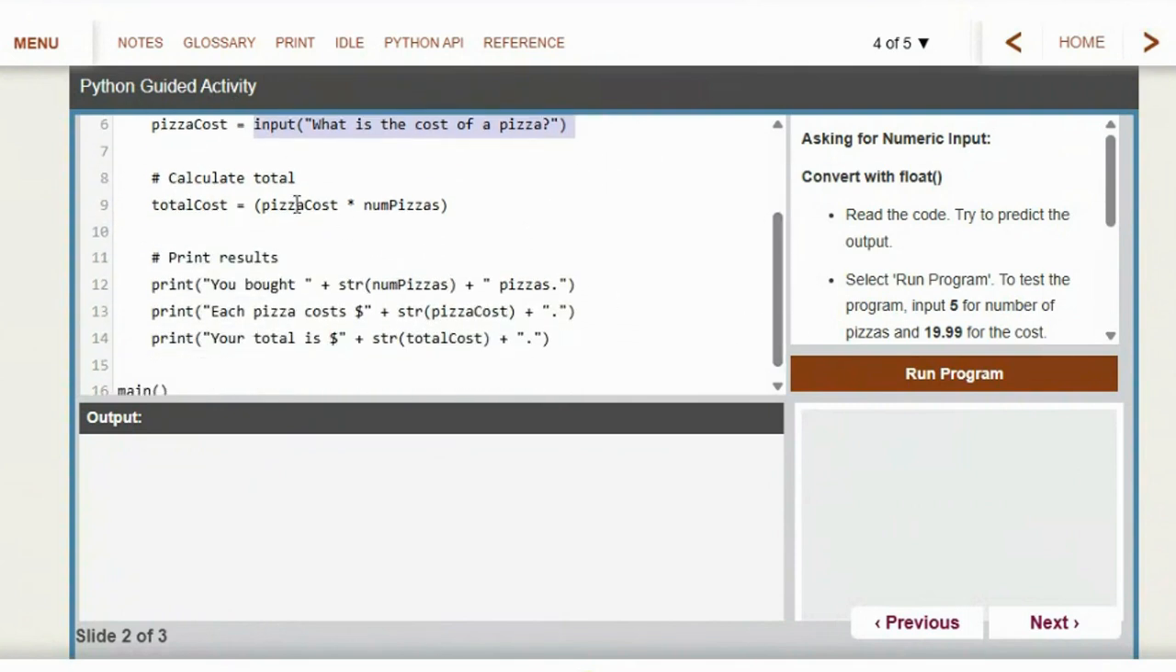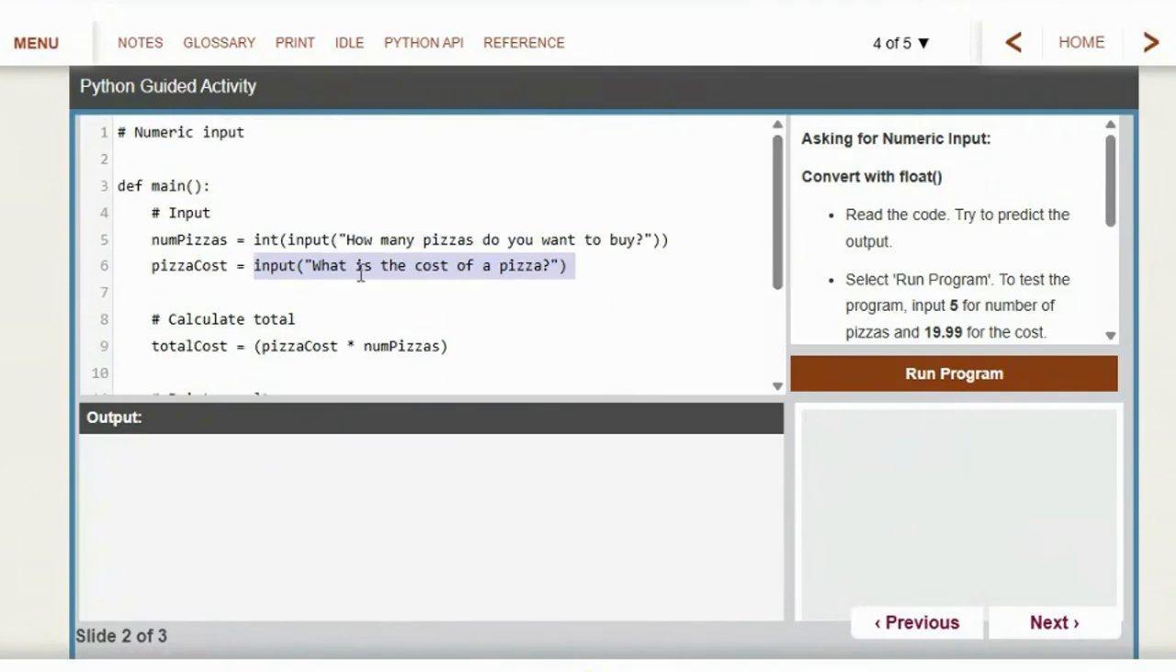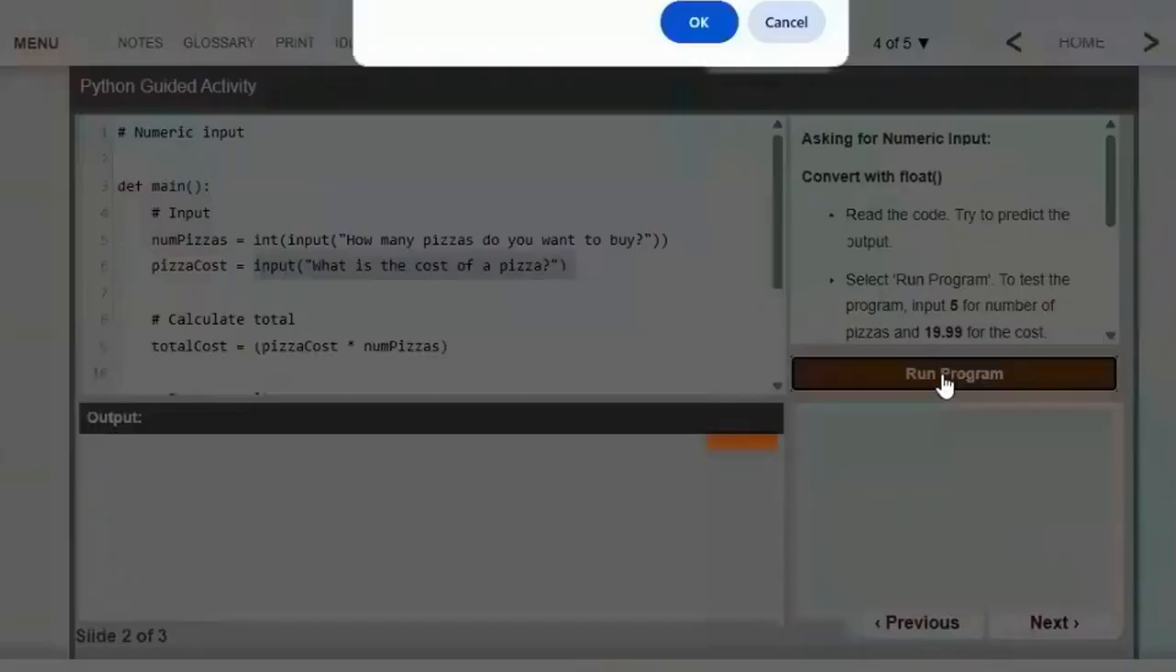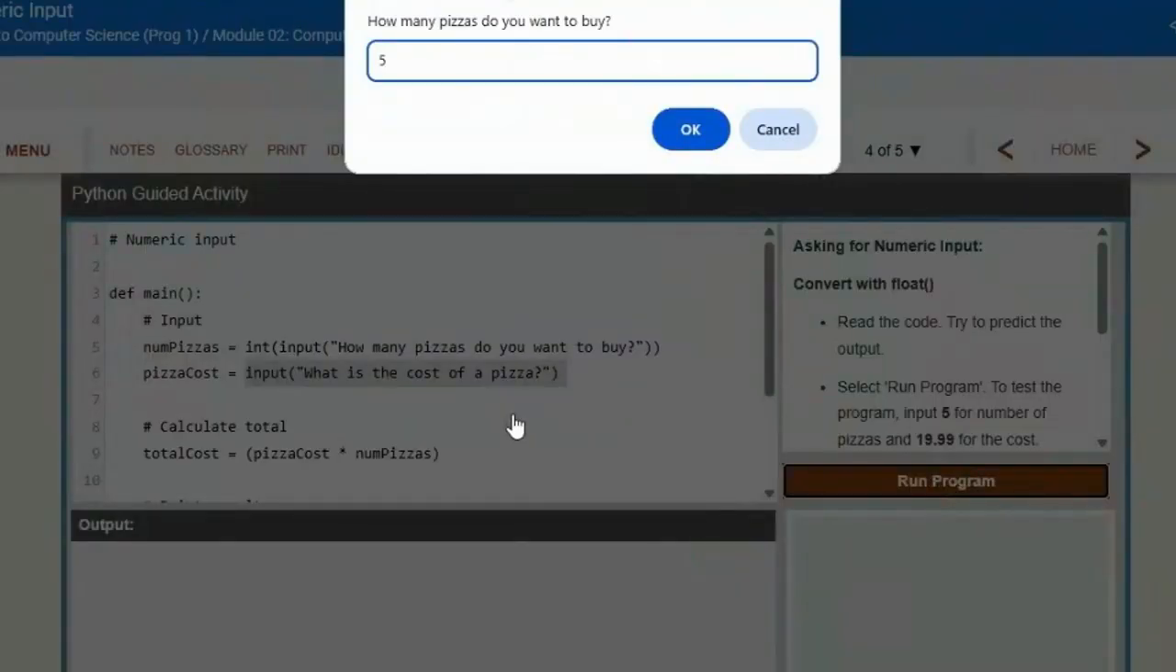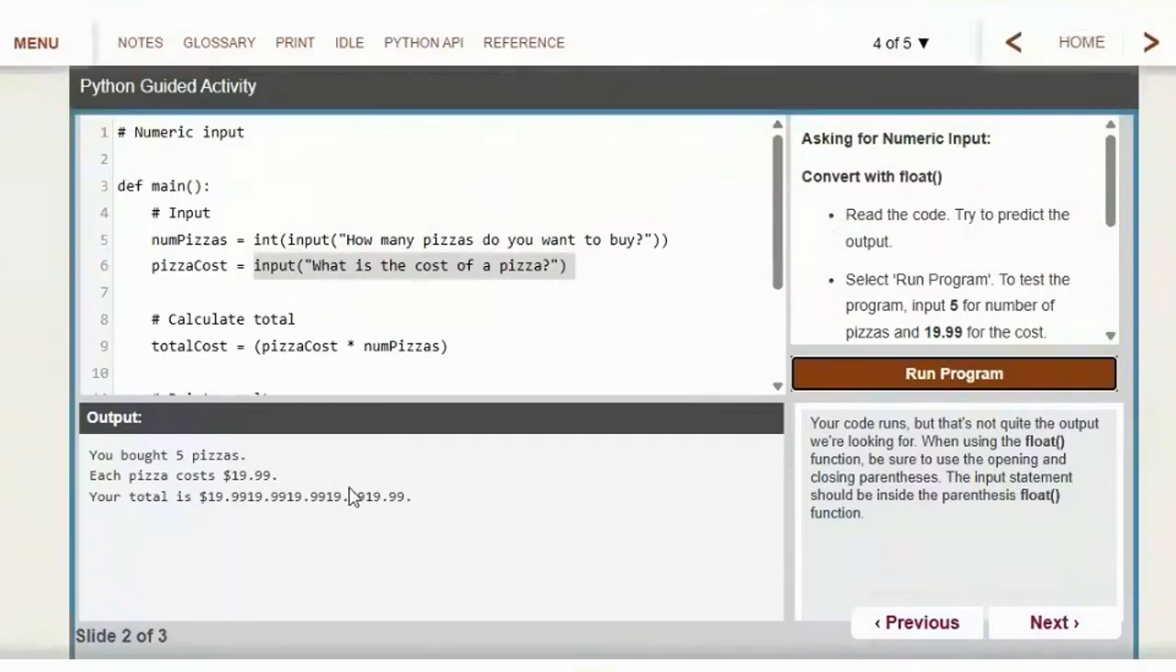Calculate. Still calculating, still printing the same stuff. Nothing changes. The only thing that happened here is how many pizzas you want to buy and what's the cost of each one. So when we run this and say, okay, I'm going to buy 5 pizzas, and they are $19.99. I've got to get the really big ones because there's a bunch of us. Get the extra large pizzas. Oh wow, you bought 5 pizzas. They're $19.99, and look, your total is